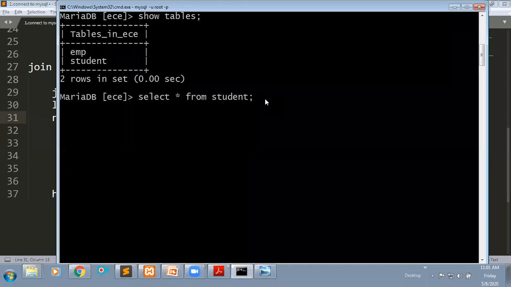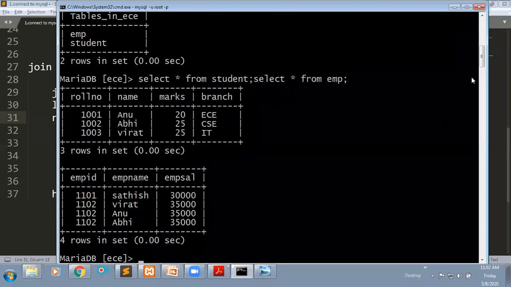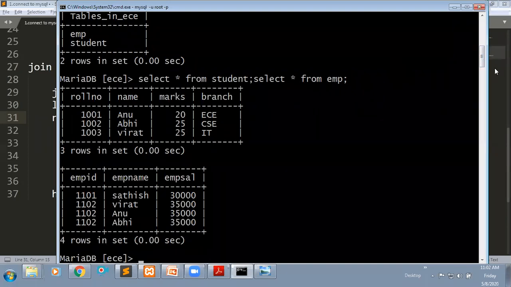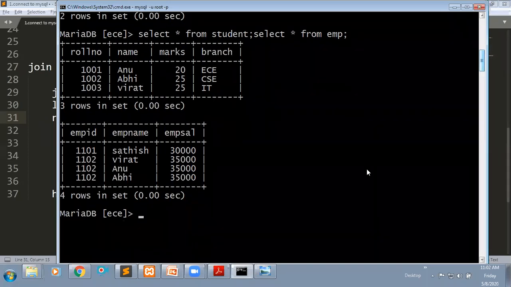I will write one more query, select star from EMP. Like this, you can write two queries at a time. Now you can observe that in the student table this data is there, and in the employee table this data is there.